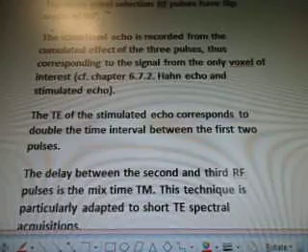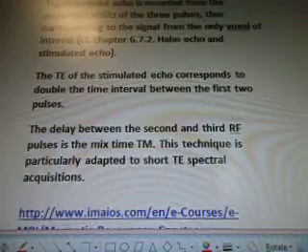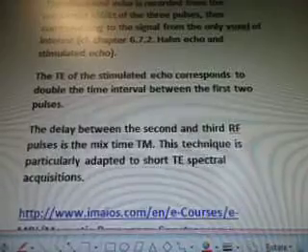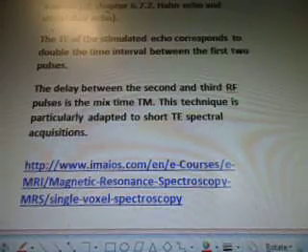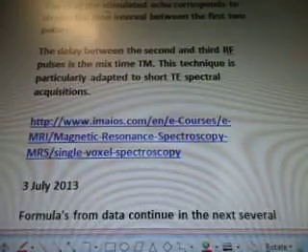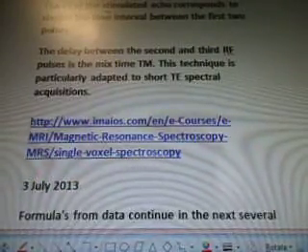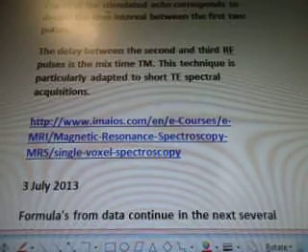The TE of the stimulated echo corresponds to double the time interval between the first 2 pulses. The delay between the 2nd and 3rd RF pulses is the mixing time TM. This technique is particularly adapted to short TE spectral acquisitions, and the blog was